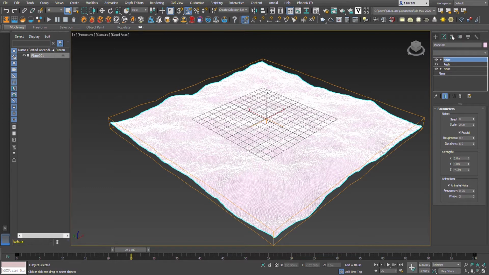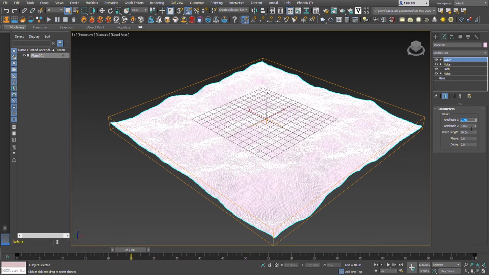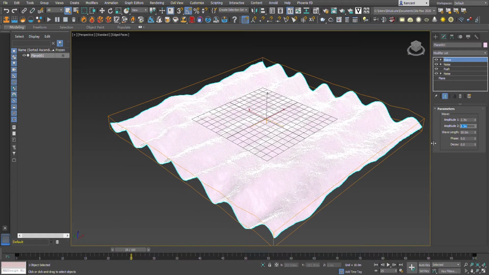So next step, we could add a wave modifier to get better performance of the sea surface. So here I will change the parameters. You could also adjust the parameters as you wish to get the expected outcome. It doesn't need to be the same as mine. Here I will change the amplitude 1 to 2.7 meters and amplitude 2 to 8.5. Wavelength to 102.4